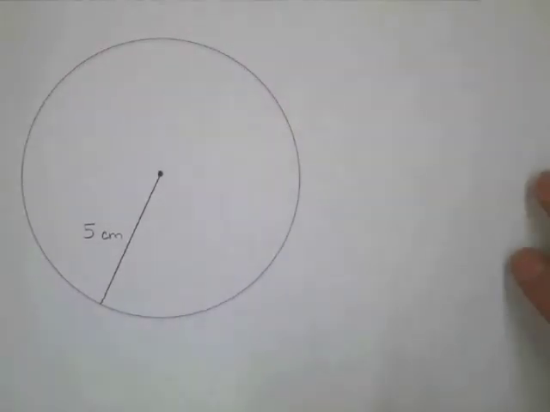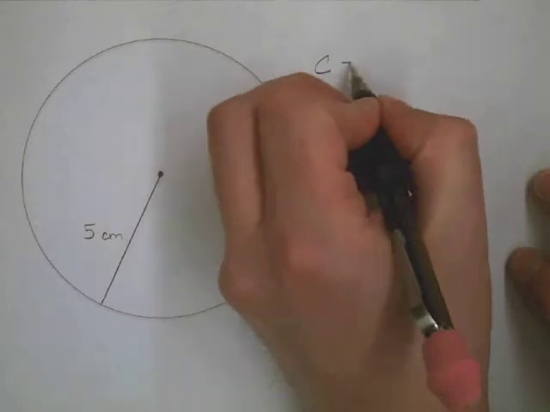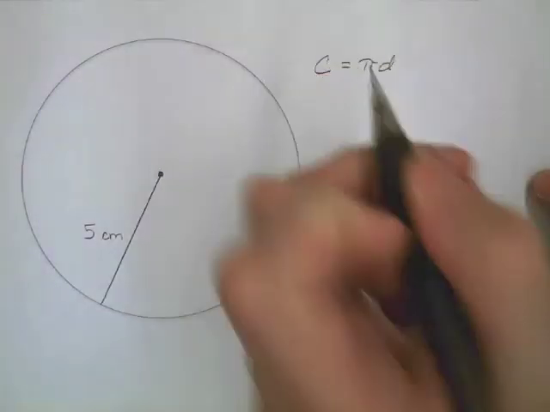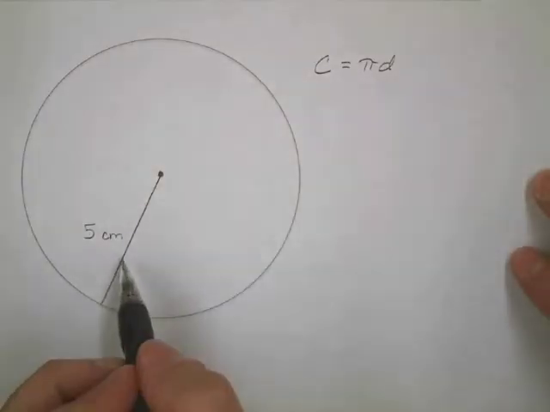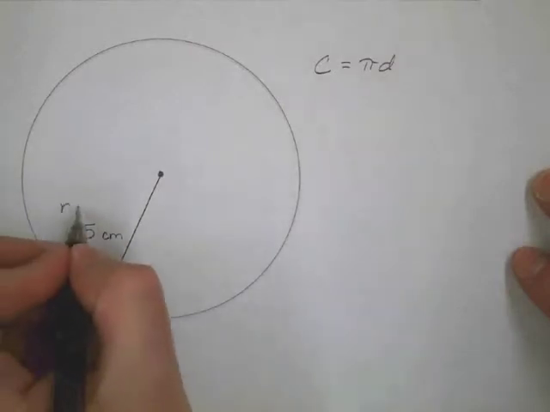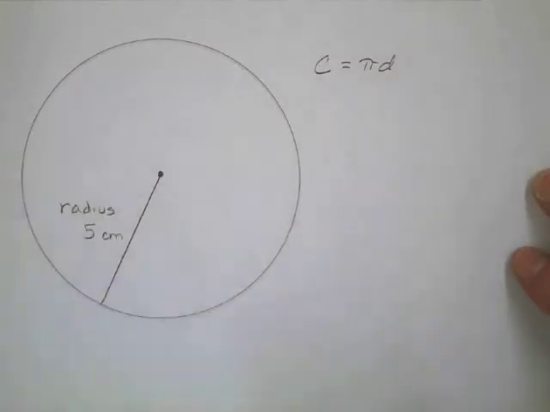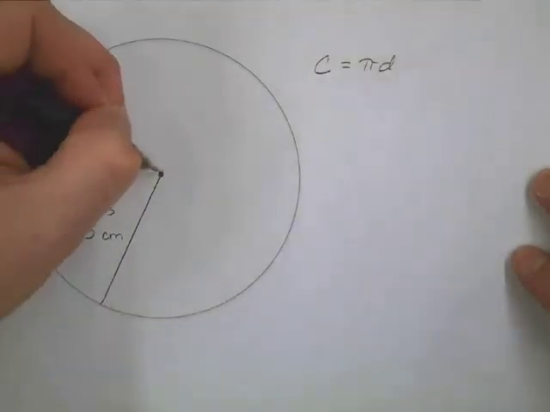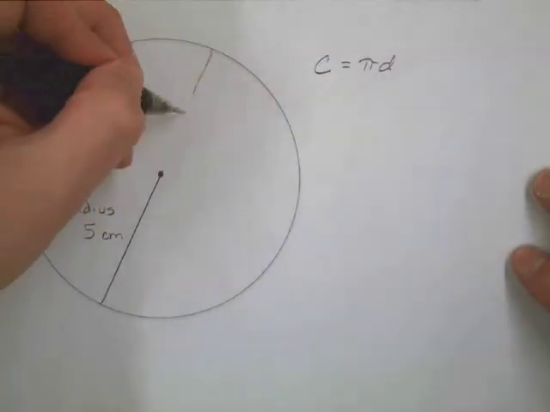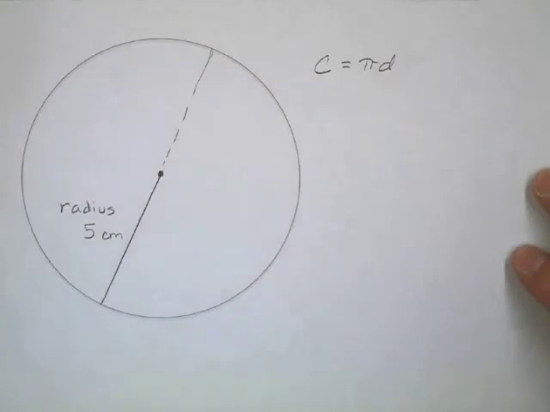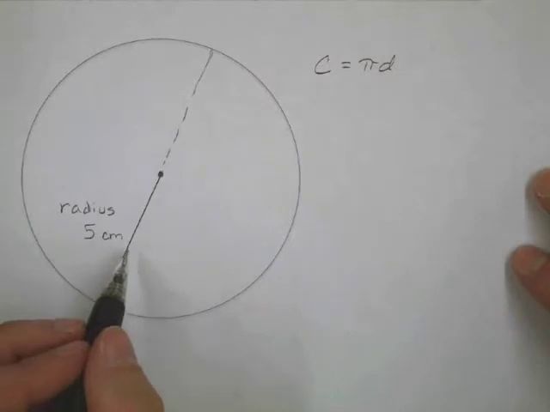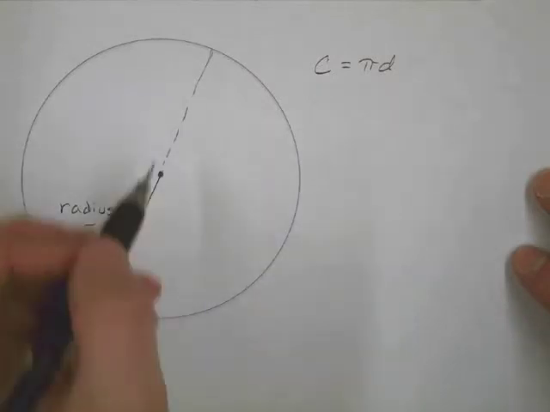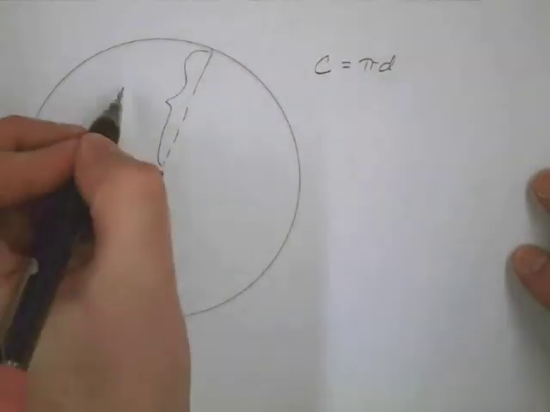Now sometimes when we're finding circumference, we won't always get the diameter. And remember that our formula for finding circumference equals pi times diameter. Well, here we have not the diameter, but we do have a radius. And the radius is from the center point to one edge. If I continue that and complete this line over here, I can make a diameter out of that. So the radius is just half of the diameter. Or we could say that the diameter is twice the radius, because this distance here would also be 5